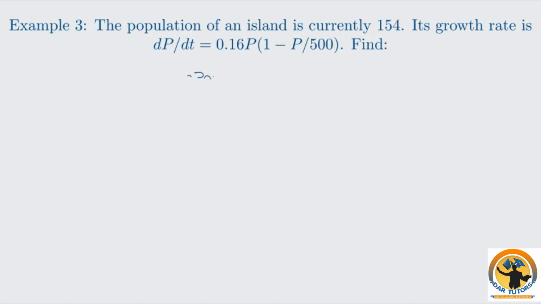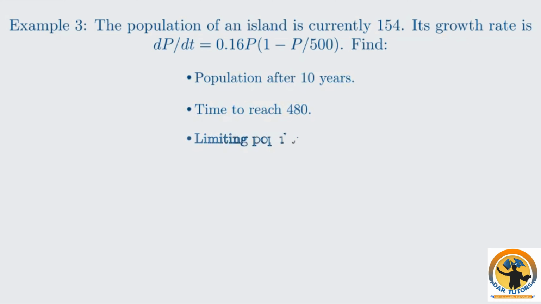Let's apply the logistic growth model to a concrete example. This will show you how to use the general solution we just derived. Consider the population of an island P, which is currently 154. Its growth rate is given by the differential equation dP/dt equals 0.16 P times (1 minus P over 500). We need to find the population after 10 years, the time it takes to reach 480, and the limiting population